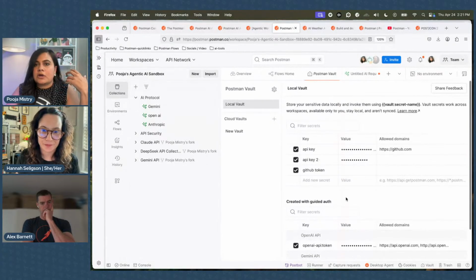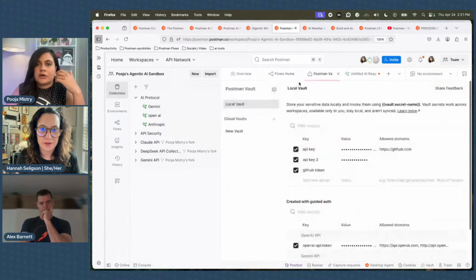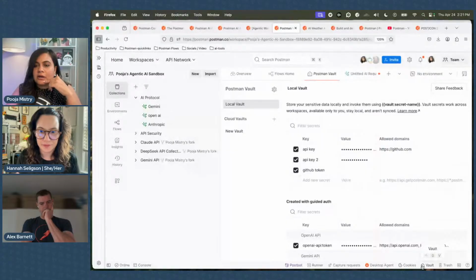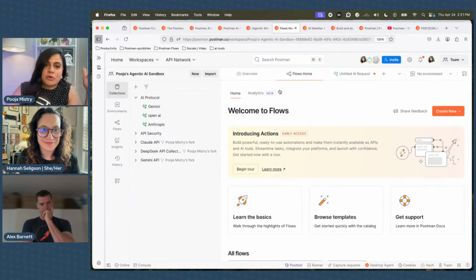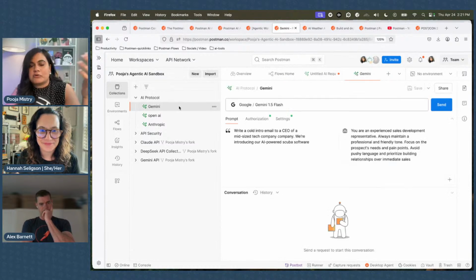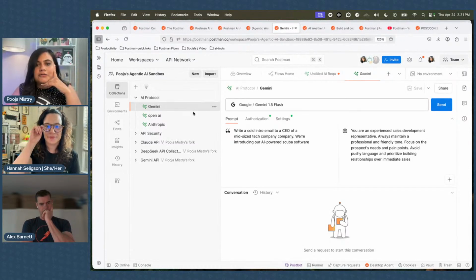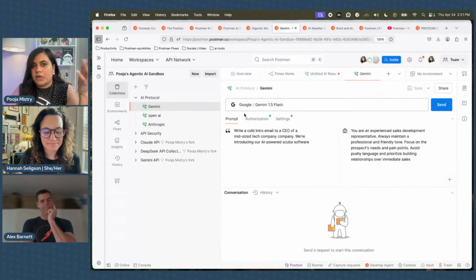It makes working with API providers and LLM providers a little more secure. Something for you all to explore as you get into your Postman journey, even if you're working with HTTP requests or AI protocols. So that's one really cool way to do some LLM evaluation.